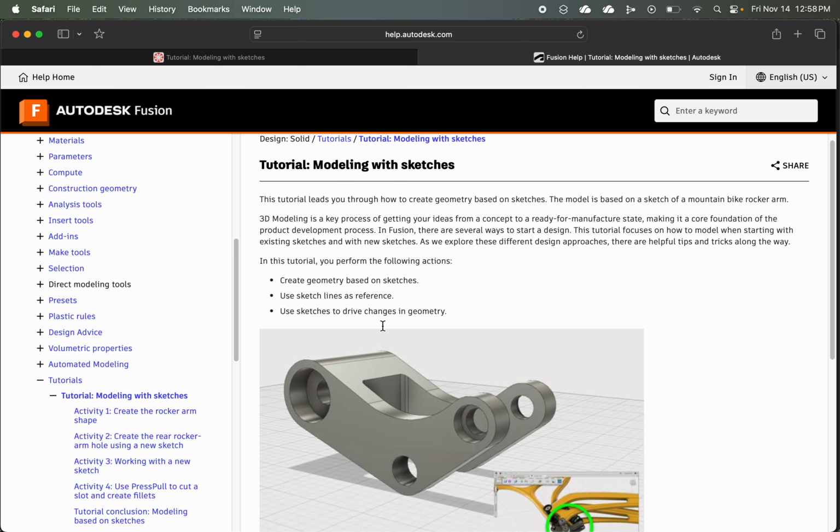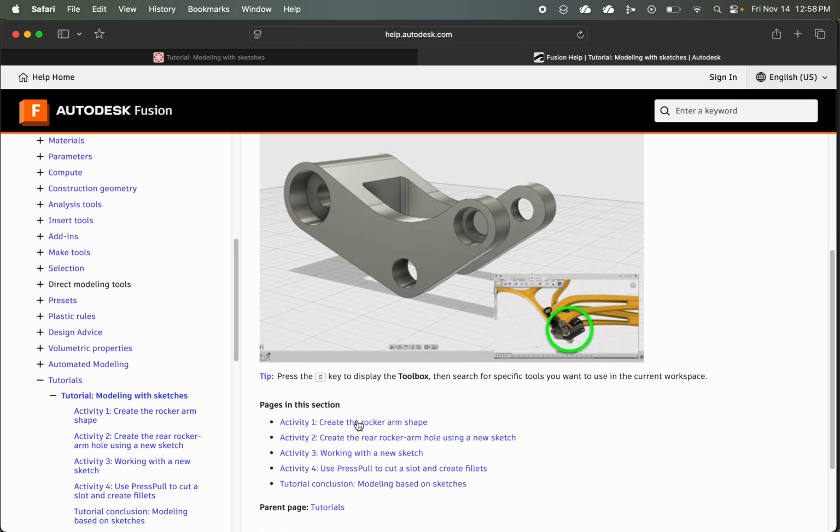Modeling with sketches. This tutorial is going to take us through four major steps to go from a provided set of sketches into a final part that is ready for manufacture. So this part looks like it's on the bottom of a mountain bike. They call it a rocker arm. It's basically a bracket that gives a connection point and rotation point for the part of the mountain bike that